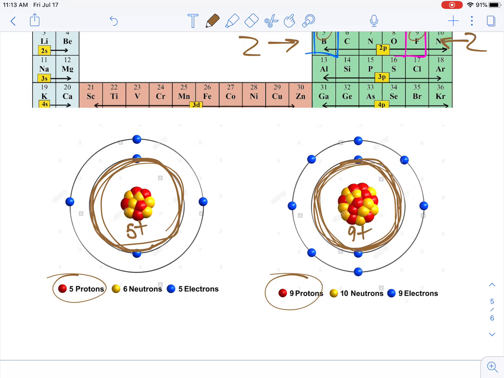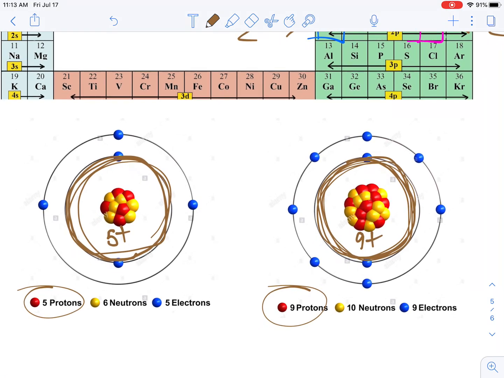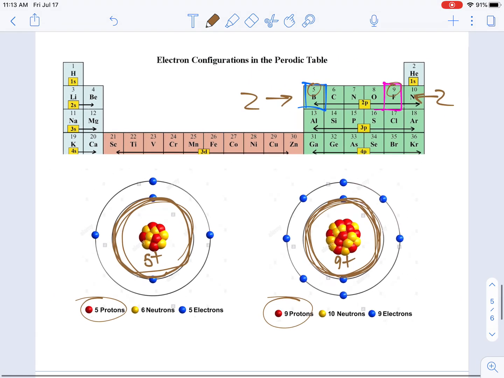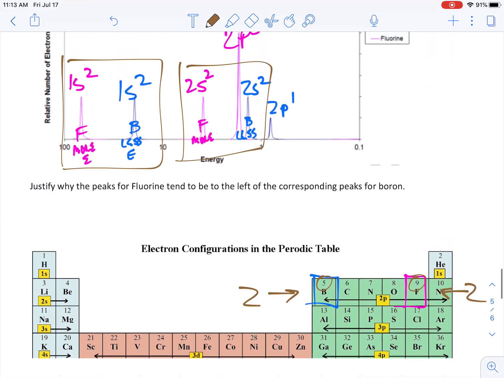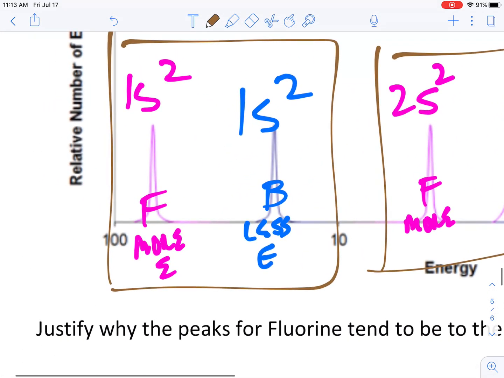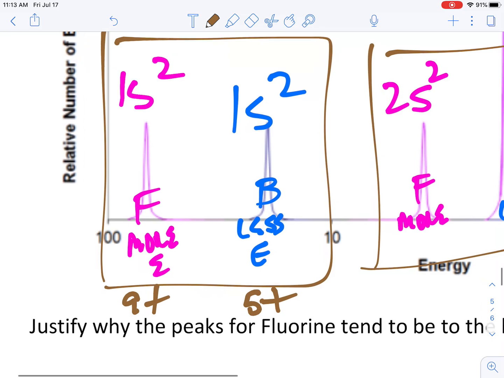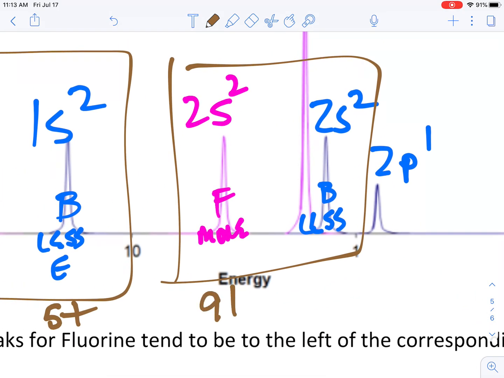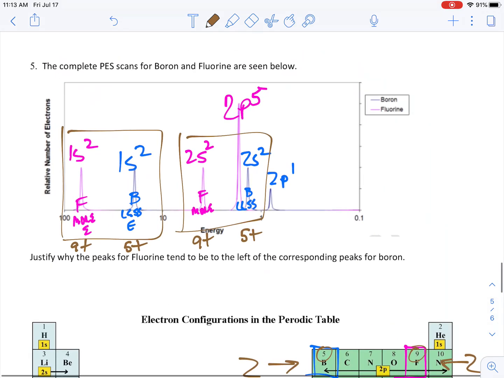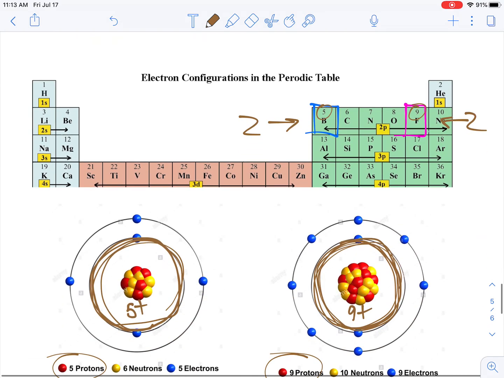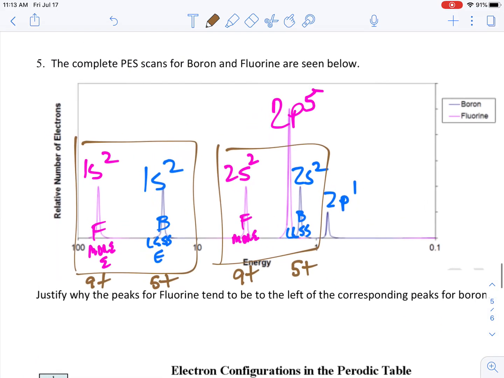Because fluorine has 9 protons, it has a greater nuclear charge than boron does, and they have similar amounts of shielding because they are in the same energy level, it then makes perfect sense that fluorine is going to be more because it has 9 protons versus boron that only has 5 protons. So, once again, greater nuclear charge based upon the idea of Coulomb